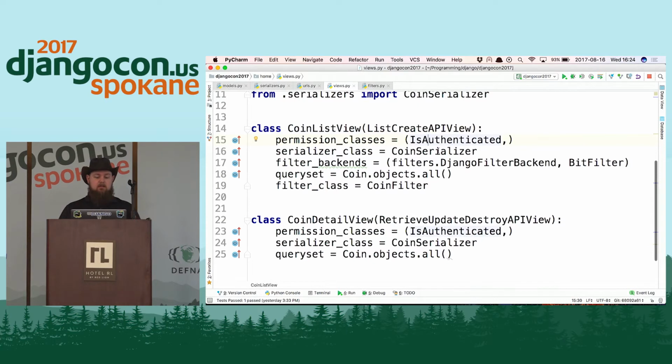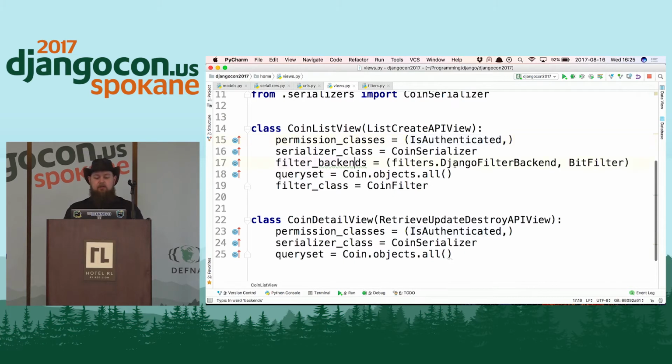So now we know that this is going to serialize anything that comes in based on the coin serializer as the top level serializer. Again, as I was describing a minute ago, if you're dealing with many-to-many data or related data and you handle that in your serializer, you don't have to override anything in your views here because your serializer will just, quote-unquote, magically handle it the way you want it to. And by default, Django REST framework does not handle that, and you have to handle that somewhere yourself. That could be a completely different discussion for another presentation because there are some headaches involved in that.